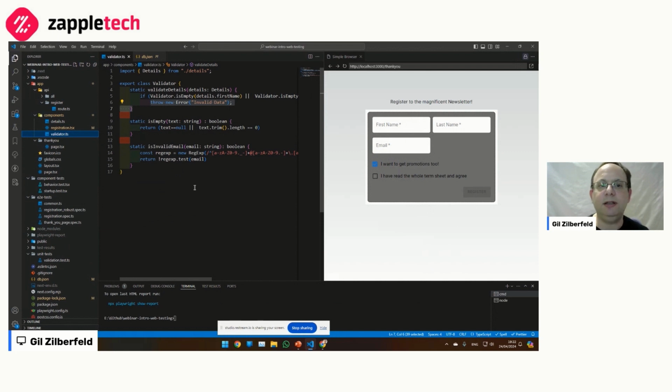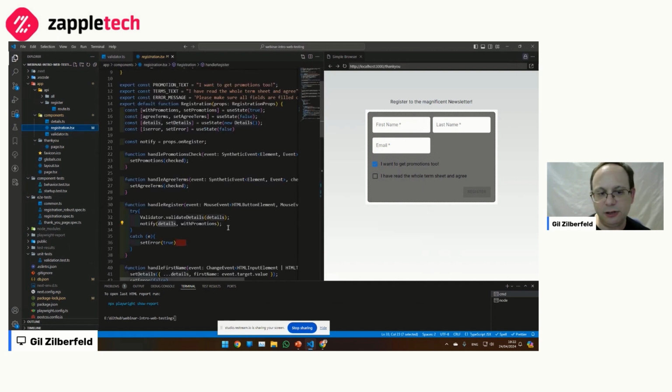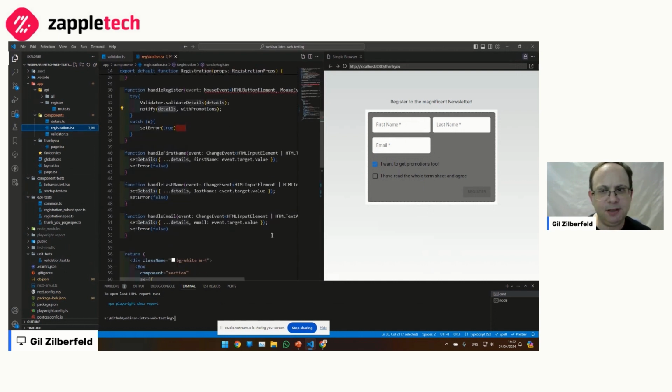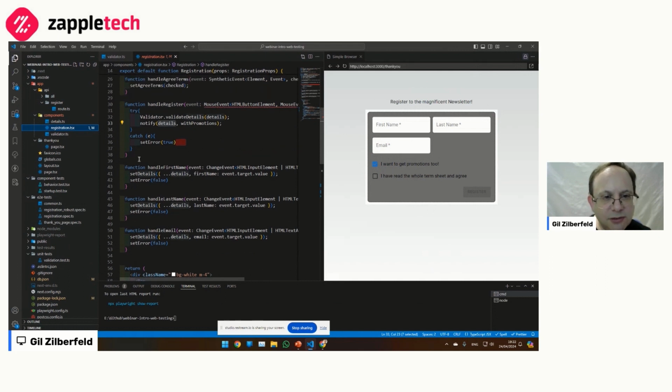Another choice that I made in terms of testability is that this component, as I told you, does all the user level interaction, and it interacts with the containing page. When you do the register, it sends an event. Where is that?